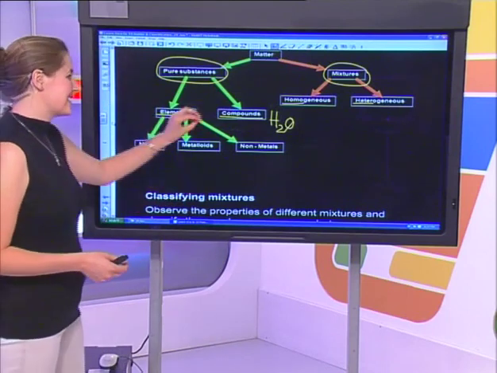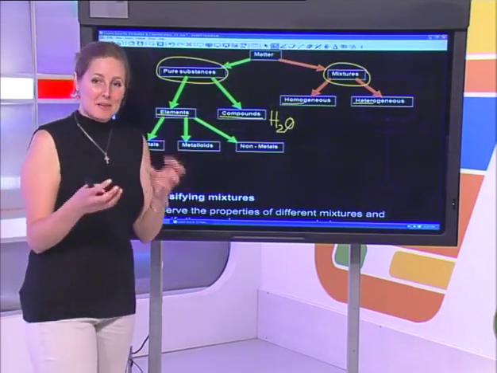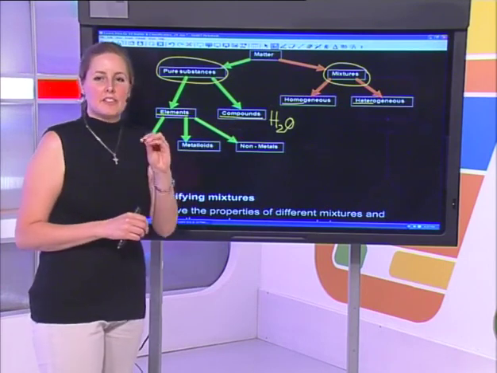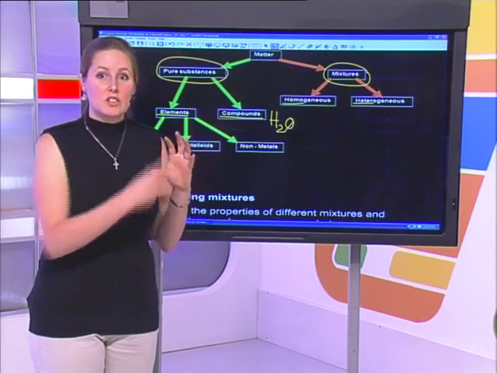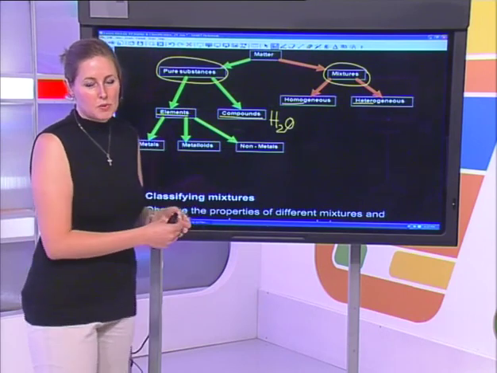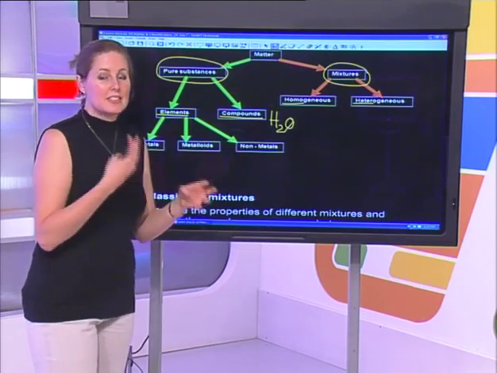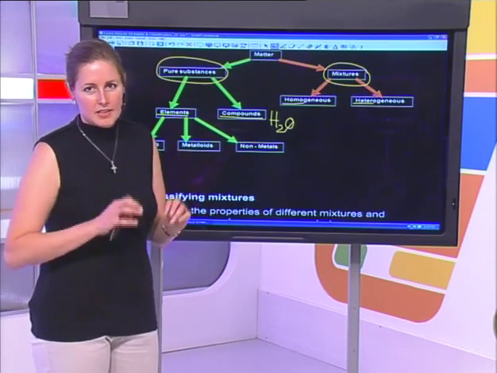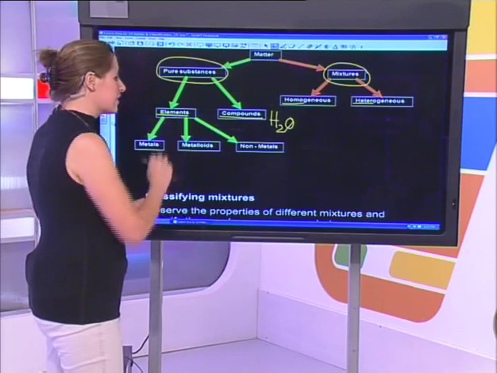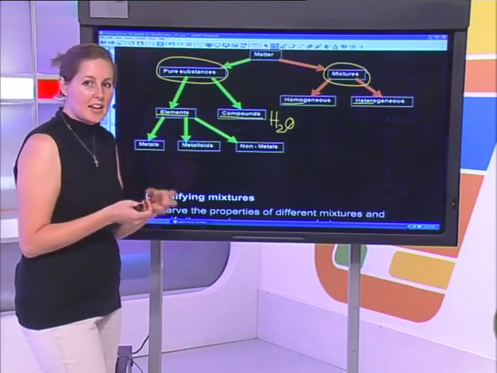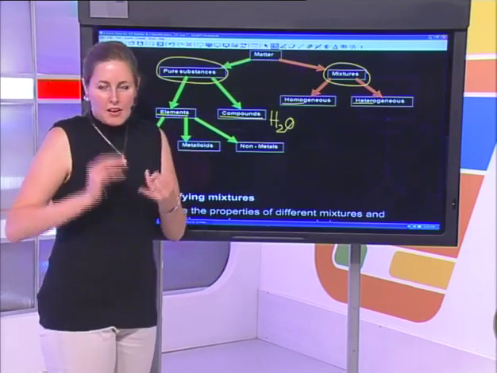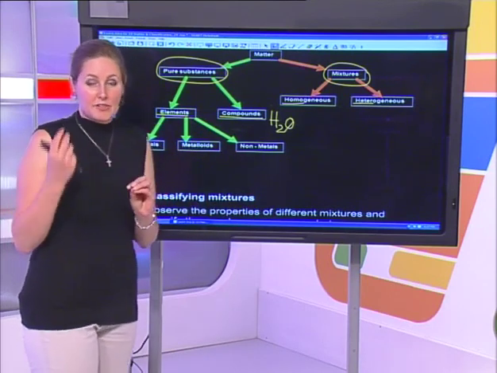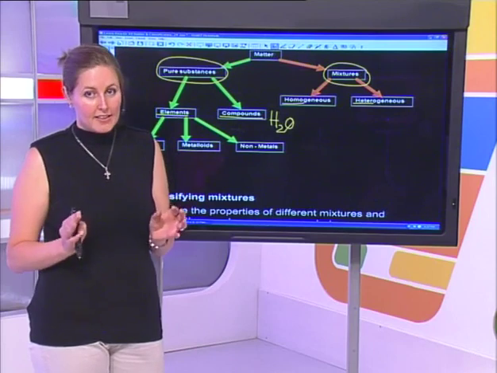So we've discussed compounds as chemically bonded substances. And those would always be found in fixed ratios, so 2 hydrogens to 1 oxygen to make up water. And water is a pure substance, particularly if you're thinking pure water with no other chemicals in it. Let's go across to elements. As we said, elements would be everything on the periodic table. Okay? Cannot be broken down either physically or chemically into anything else.